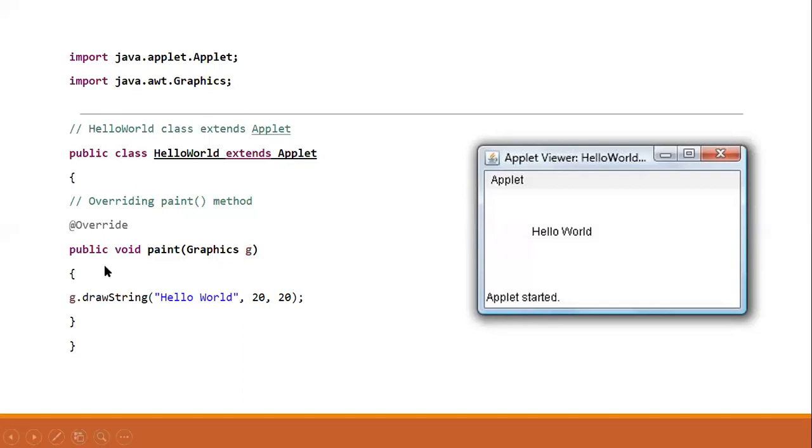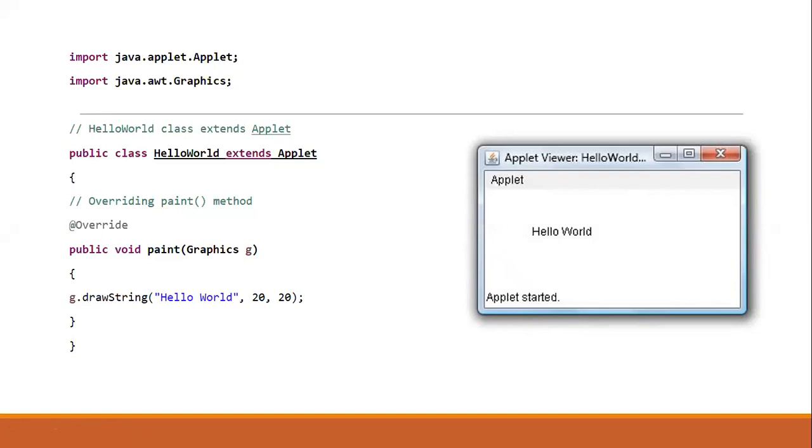Now check out, this particular program we have to write down, and then we have to execute it. After execution, we will see this particular type of applet. This is our applet. By default, it will come with a minimize, maximize, and a close button. We will get the default message, applet started, and Hello World is the string, whatever we have displayed. This is how the applet output will look. You can see it is like your frame, like your panel.